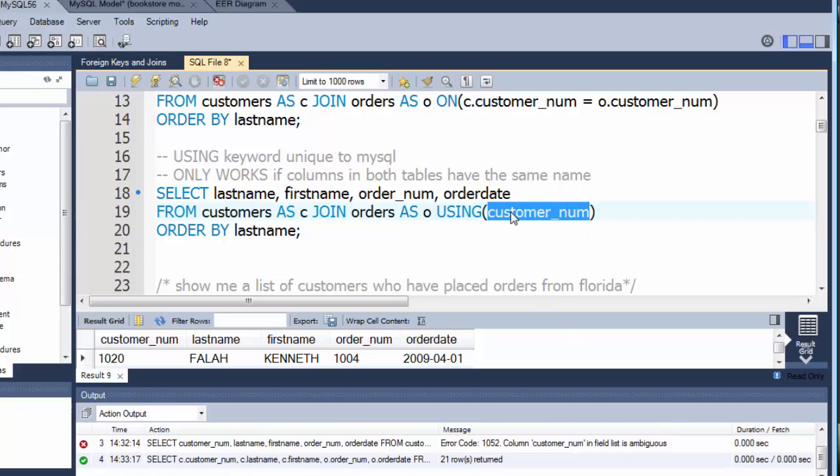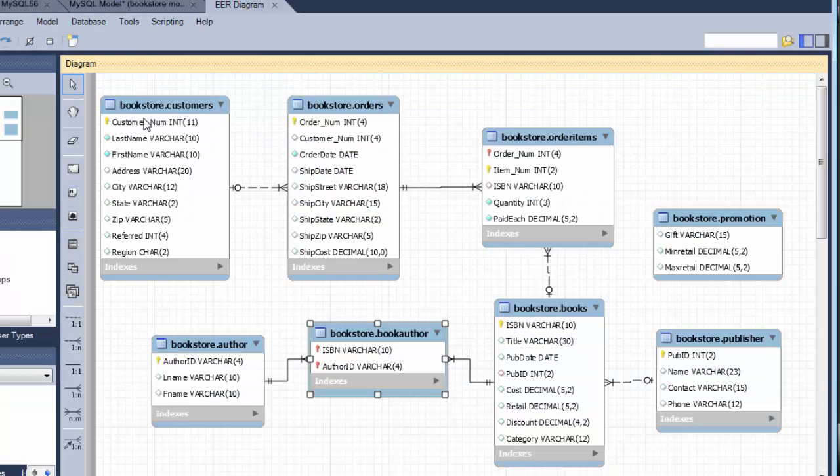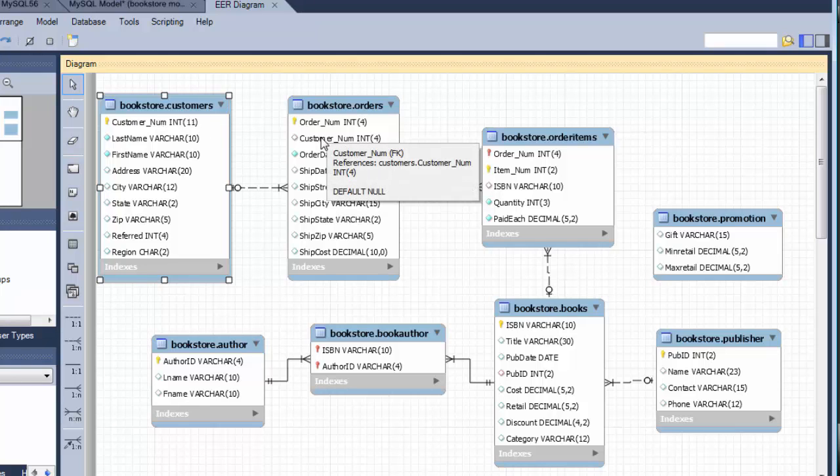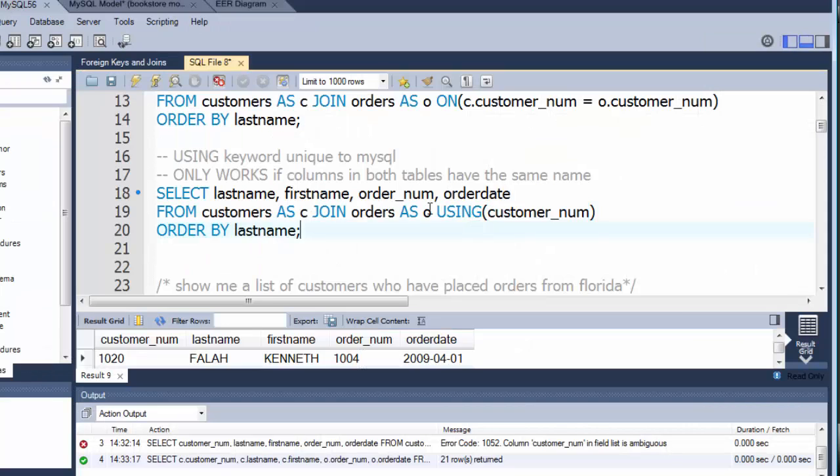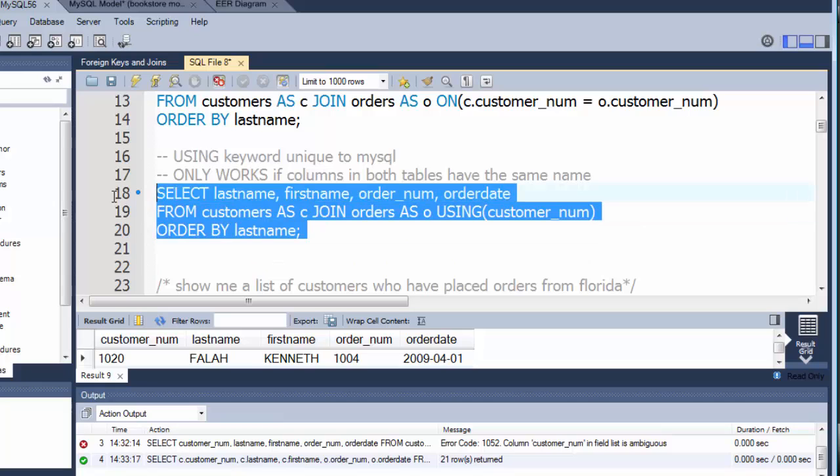Well, the reason this works is because that column has the exact same name in both tables, right? If these columns were different names, I couldn't say using. I would have to use the on keyword and say, this column equals that column and actually spell it out. But because they have the exact same name, I'm able to get away with this using keyword, just saying using that column. The system's smart enough to recognize that name as the same in both tables, and so it'll run just fine. So now if I run that,